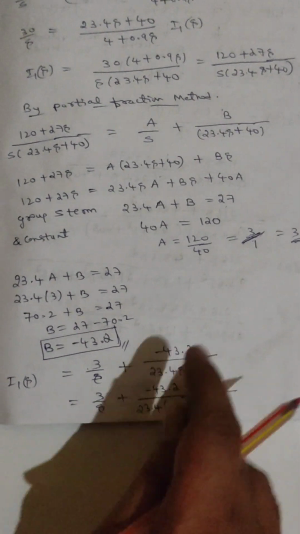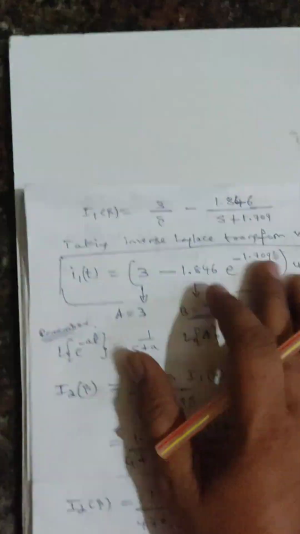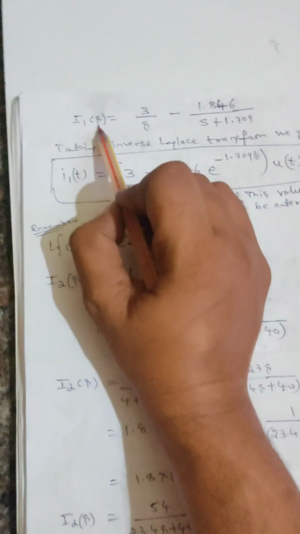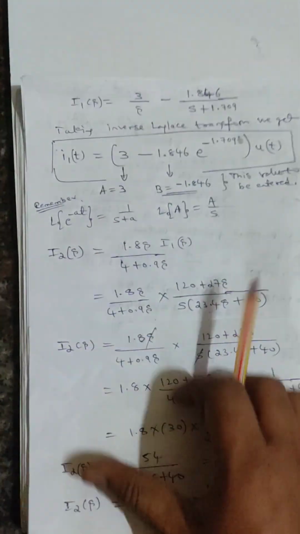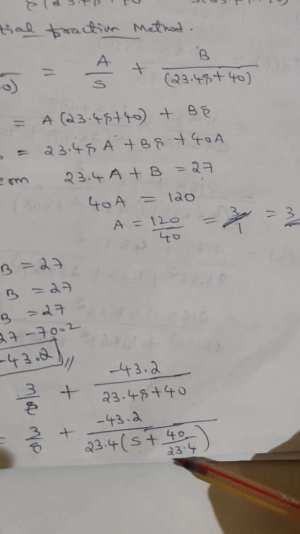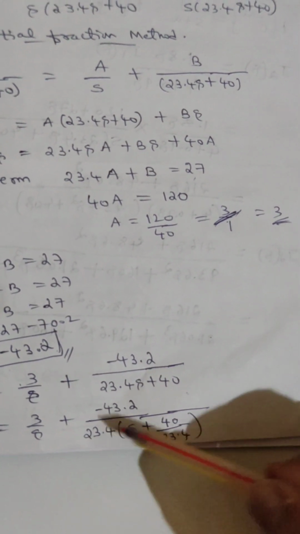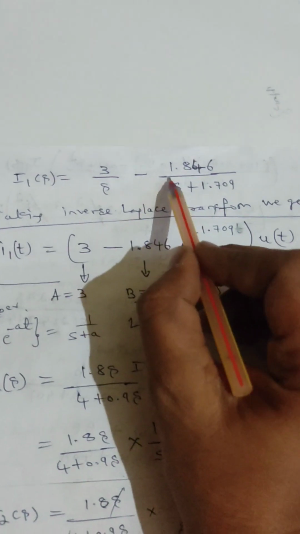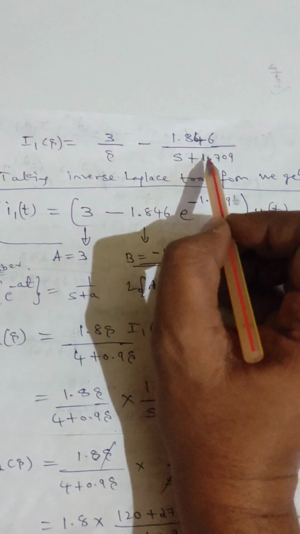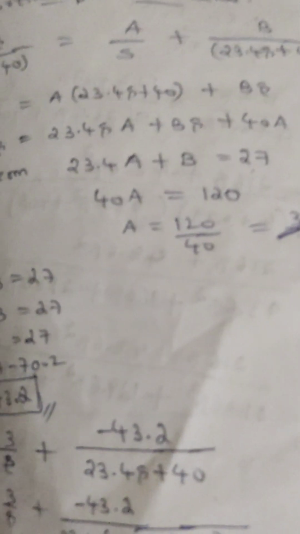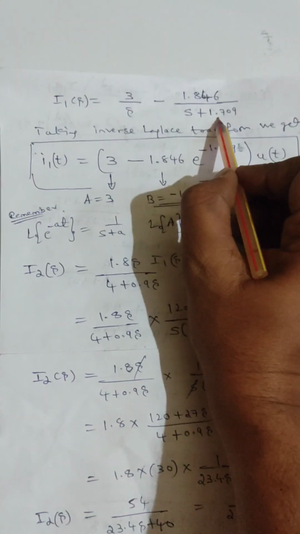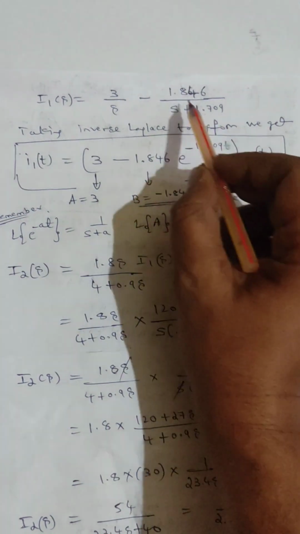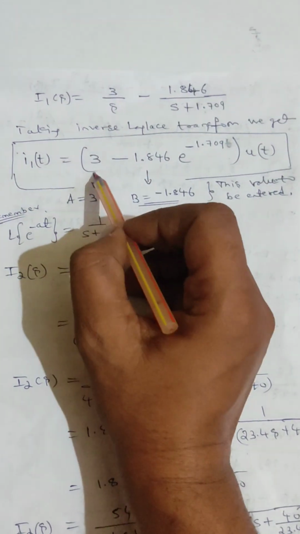So next, further we can write like this. Further simplification, same thing I have written here. I1 of s is equal to 3 by s minus 1.846 divided by (s + 1.709). This value is 40 by 23.4, that fraction, and minus 43.2 by 23.4 is this much, minus 1.846. What is that ratio here? This one, 40 divided by 23.4, that gives 1.709. So taking the inverse Laplace transform of this, we get I1 of t is equal to 3 minus,